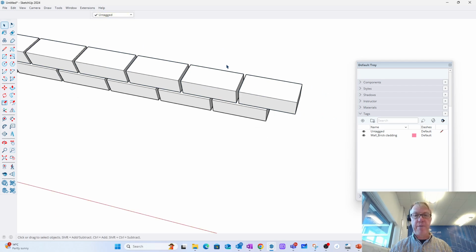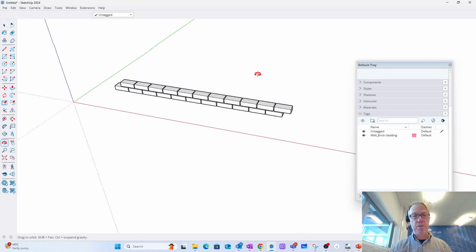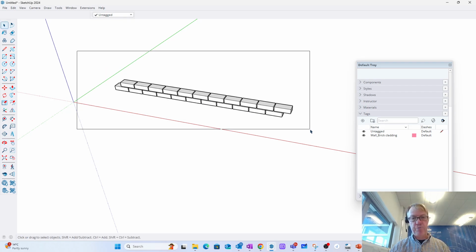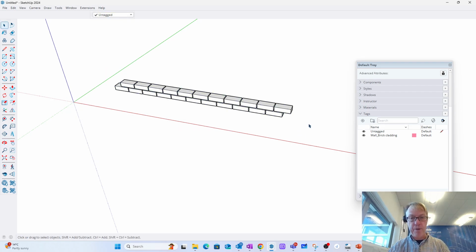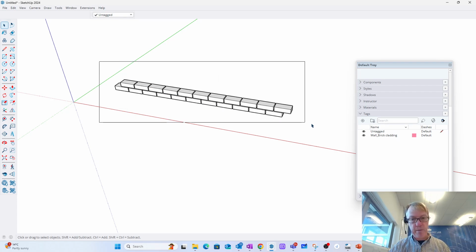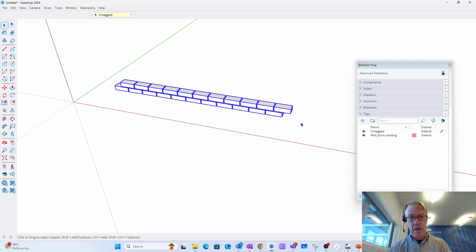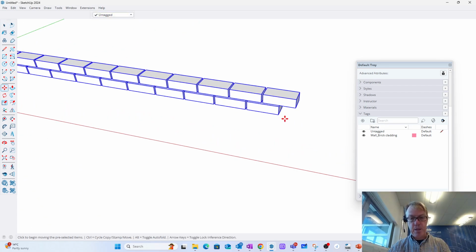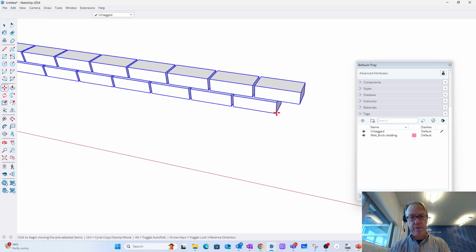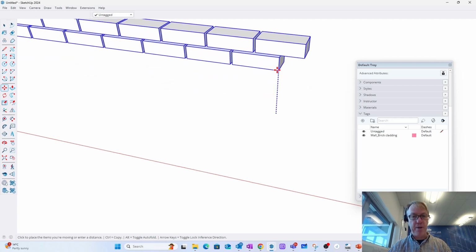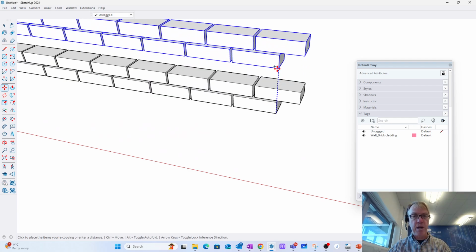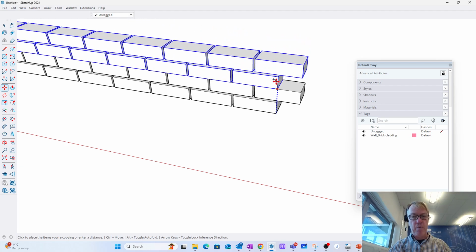I'll deselect everything, I'll zoom out, that looks quite nice. I shall grab all of it, so I'm going to draw a fence over the whole thing. I'll press move, select the corner, I'll press the up arrow to force me in the vertical direction, and this time I want to go up